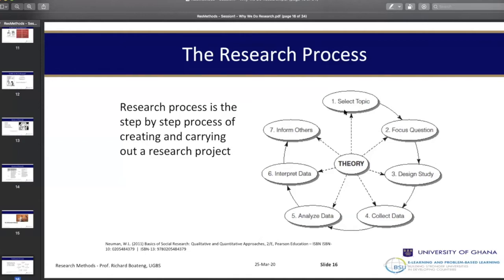That's why we say select a topic, which should be relevant to your discipline. Then you focus on the question. You ask the right question within that particular topic, which I'll teach you how to select. So somebody was saying, what if my question changes? Does it affect my topic?